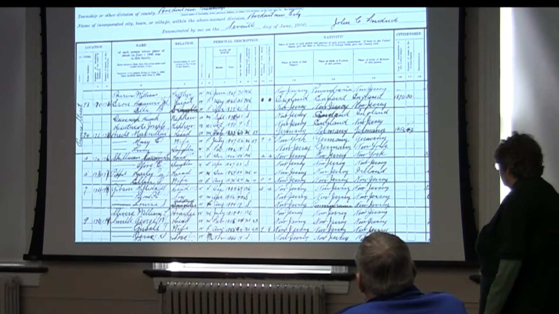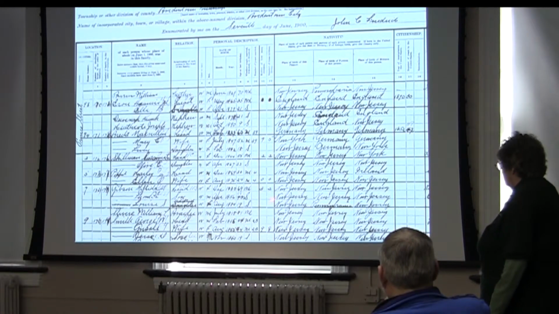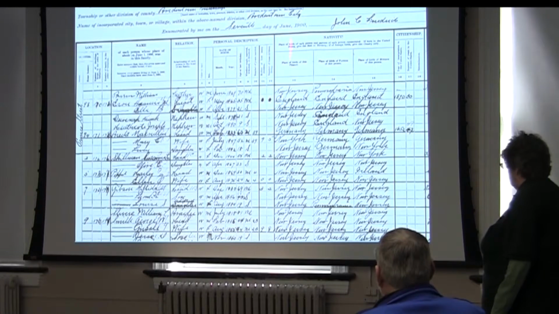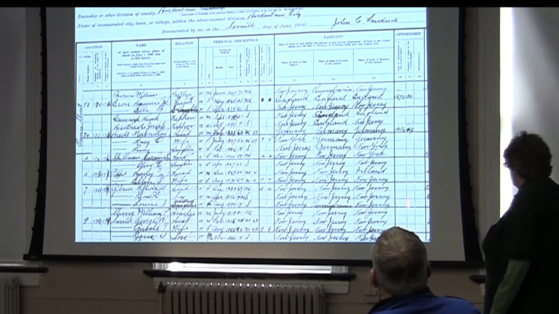You've got the month and day of their birth. Are they widowed? Are they single? Are they married? You've got the number of children the woman has had and the number of children who are still living. And then you've got where they were born, and where their parents were born. Over here, if the person was not a born citizen, you have when they arrived here,